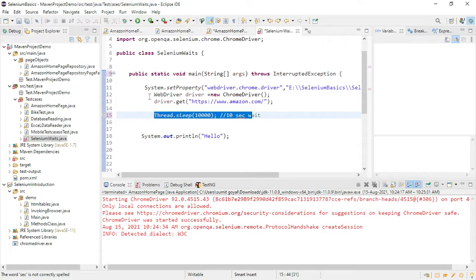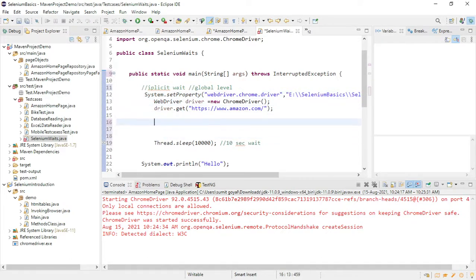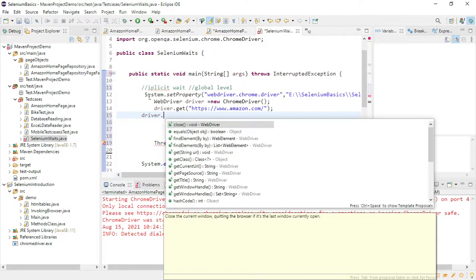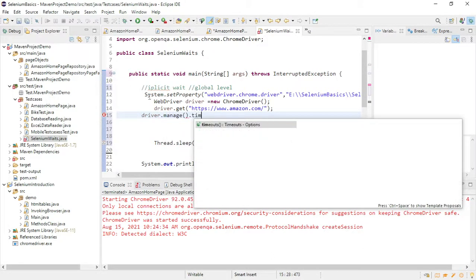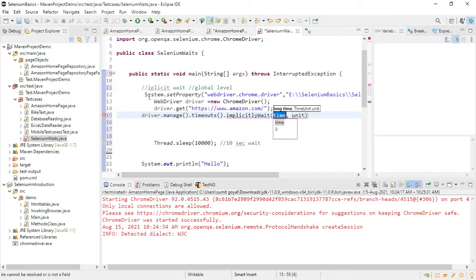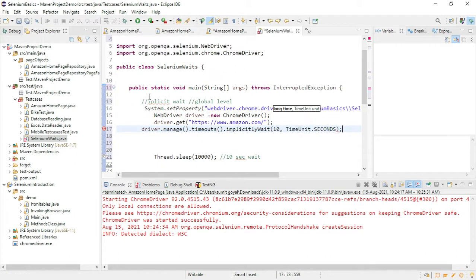One of the waits is the implicit wait. Basically it is defined at the global level. What is the meaning of global level? It means if after this I write one implicit wait statement, it is simple. You have to write driver.manage().timeouts().implicitlyWait(. Here you need to set 10 if I want 10 seconds, and I will set TimeUnit.SECONDS, right? If I give like this,